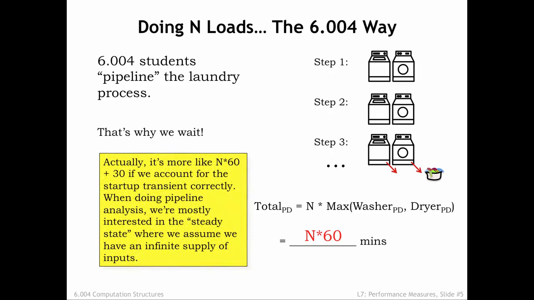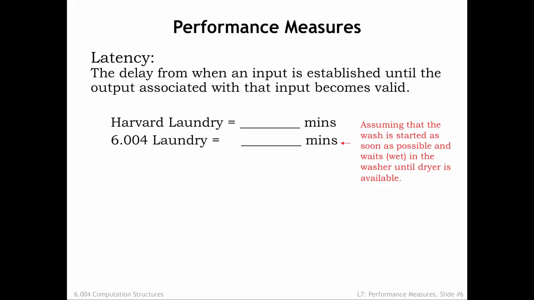The timing for the first load of laundry is a little different since the timing of step 1 can be shorter with no dryer to wait for. But in the performance analysis of pipeline systems, we're interested in the steady state where we're assuming that we have an infinite supply of inputs. We see that there are 2 interesting performance metrics. The first is the latency of the system, the time it takes the system to process a particular input. In the Harvard laundry system, it takes 90 minutes to wash